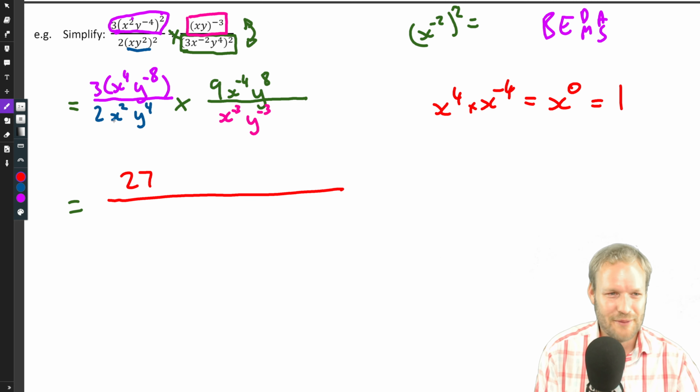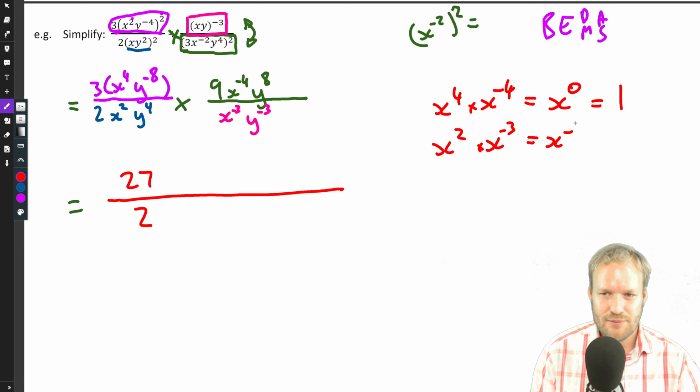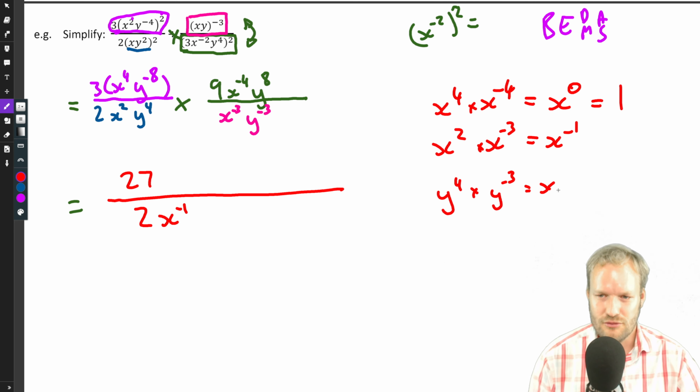Okay, let's look at the denominator. 2 times, well, that's just 2. X squared times x to the minus 3. Well, for that, the bases are the same, so we're just going to add exponents. 2 plus minus 3 is minus 1. So that's x to the minus 1. Now, y to the 4 times y to the minus 3. Well, that's easy. We're multiplying and the base is the same. So we just need to add our exponents. So we've got